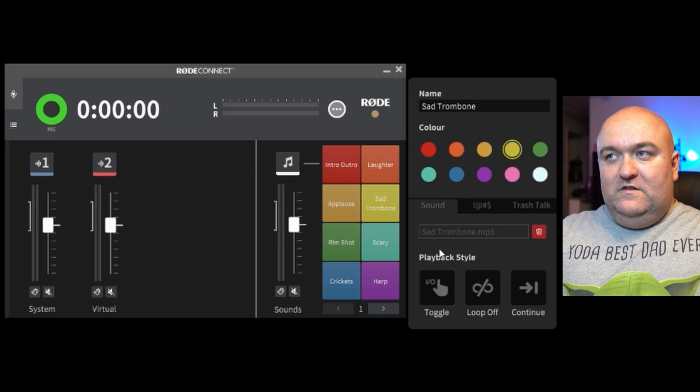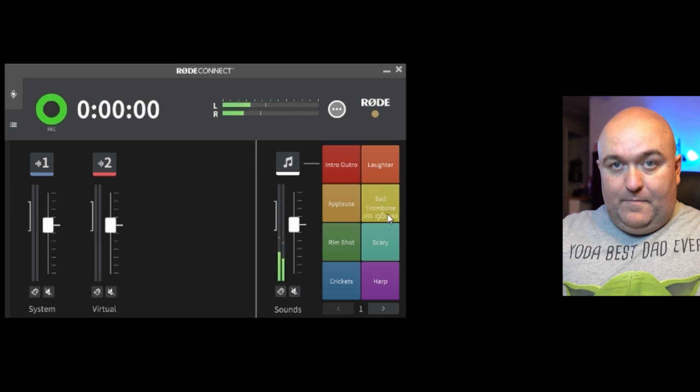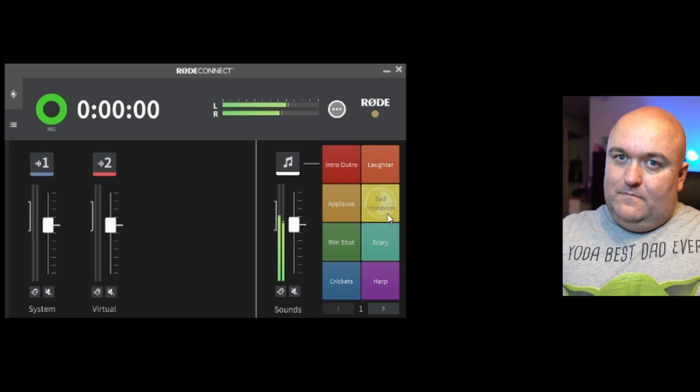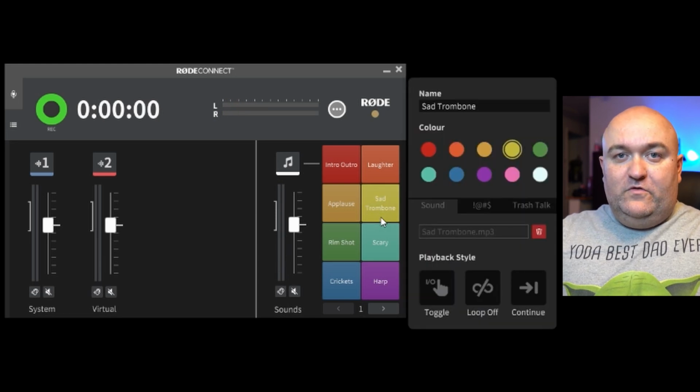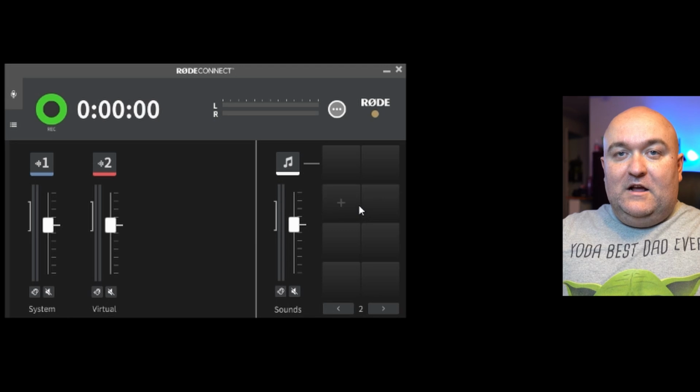So if I go to continue, and play, and then stop it, and then play again, it continues back on. This thing covers almost every use case you can think of as far as playback modes are concerned. Now, if we move on to just over here, we're going to add a couple of other new